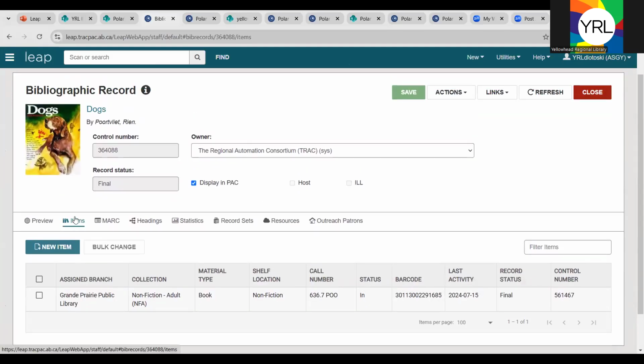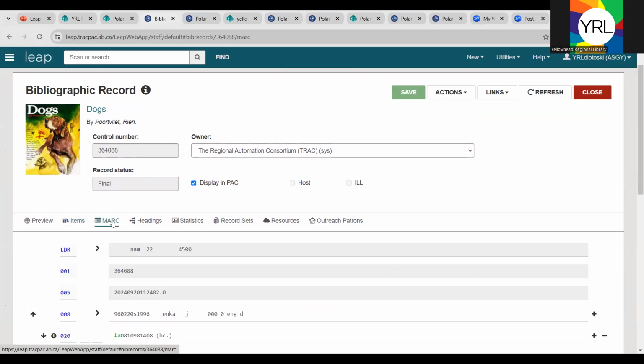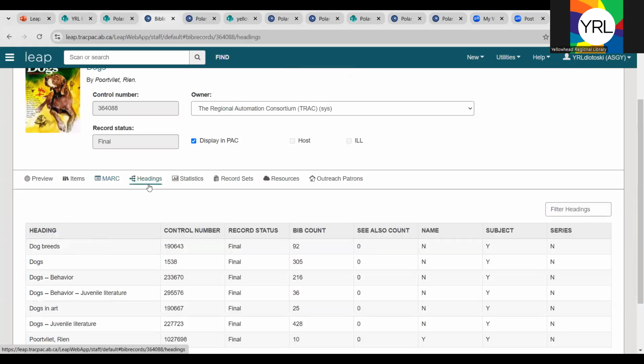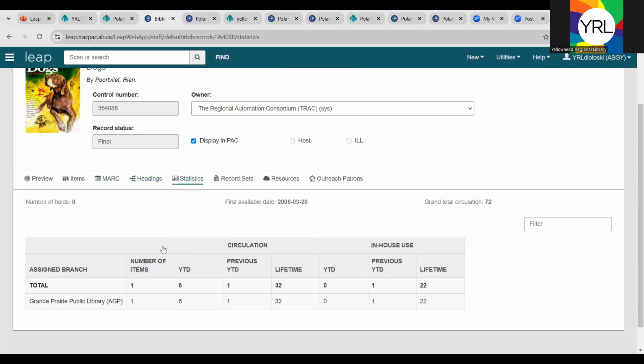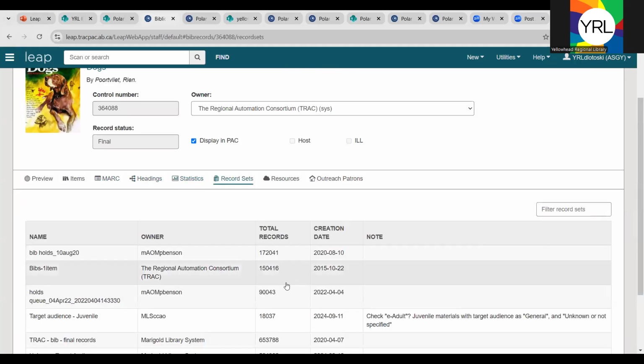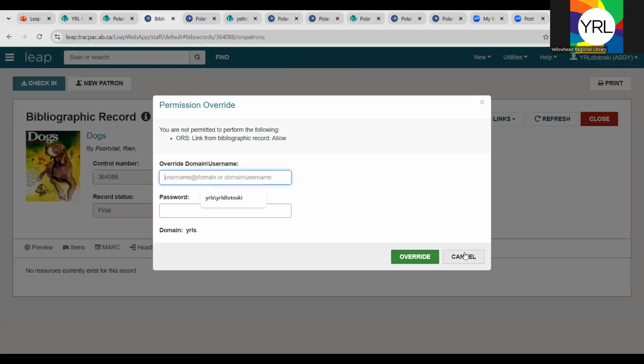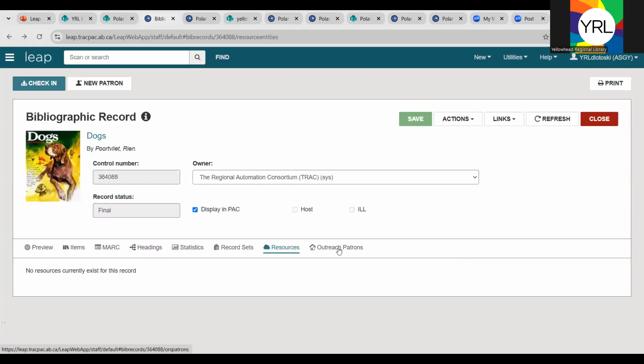This will show you all of the items associated with the bibliographic record, all of your marked fields, all that information is here. Any headings associated with the record. Again, bib statistics, any record sets that the bib record is a part of. I'm actually not sure what the resources tab is,